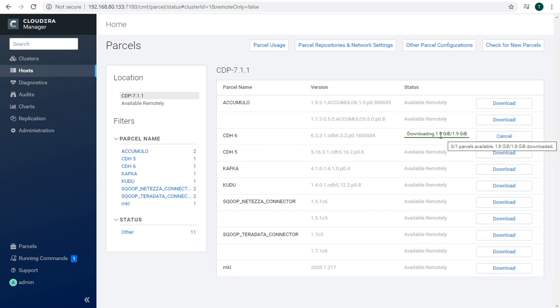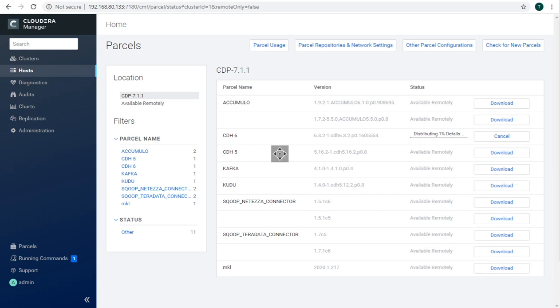So now you can see downloading is about to complete. Now downloading has been completed. Now it has started distributing.